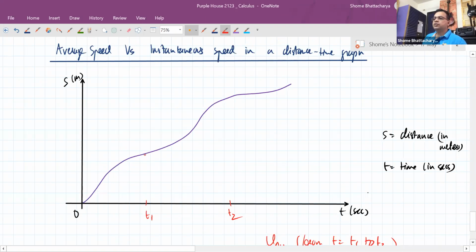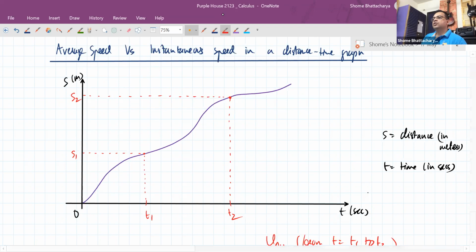So what I'll have to do is plot this point on the graph at time t1 and see that from the beginning of my journey, what was the distance traveled at that point of time? It was, let's say, s1. Then again, I'll have to plot this other time t2 as a point on the graph which has the time coordinate as t2. Correspondingly, I can measure that the total distance from the beginning at that point of time was s2.